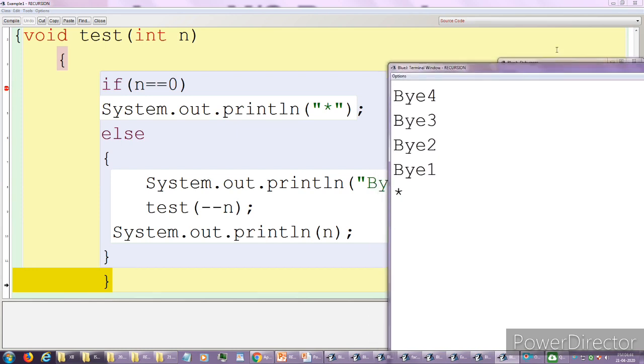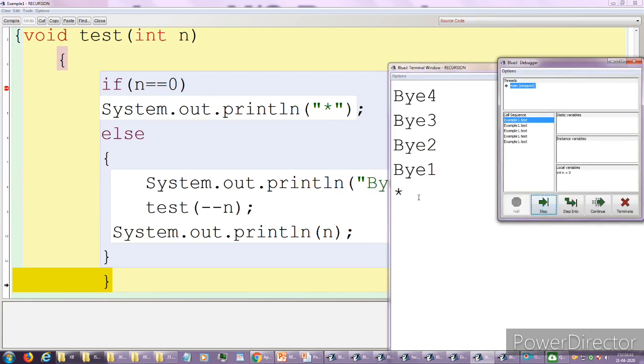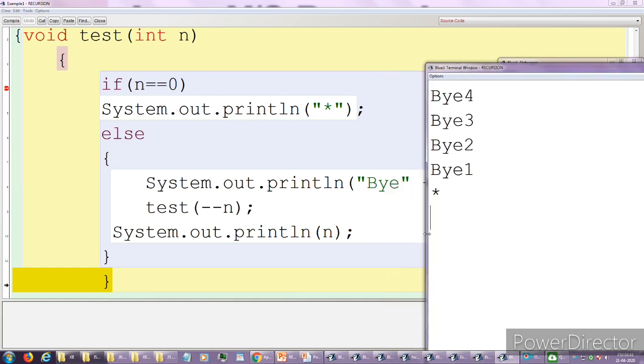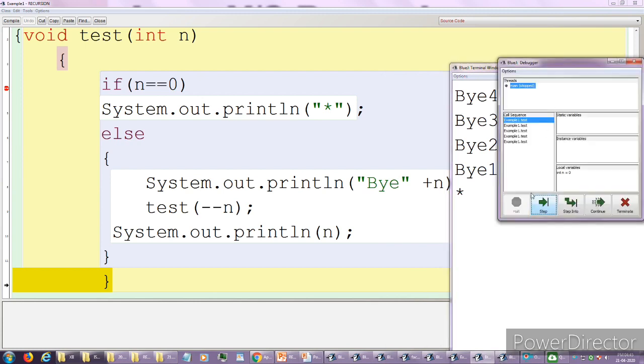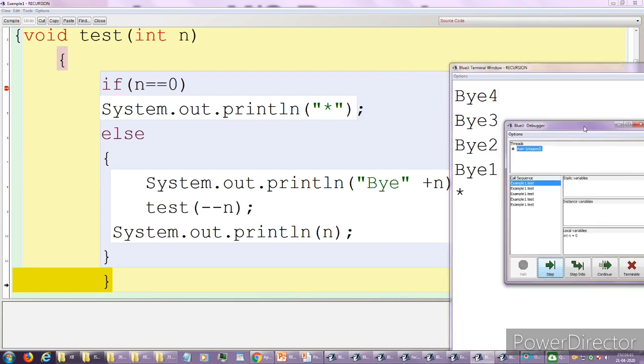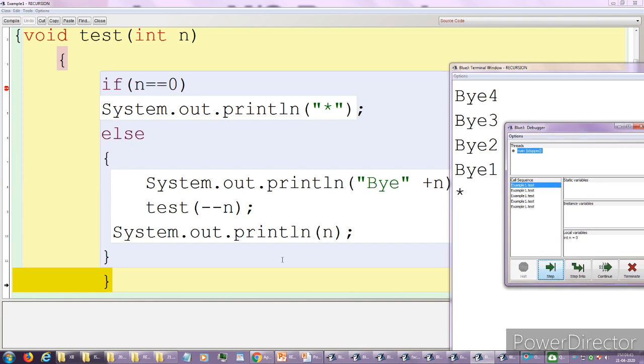Let's have a look at this. The star is printed there and we have this n. Still the next option is there, and we can find that this yellow mark is highlighted outside of this else block.